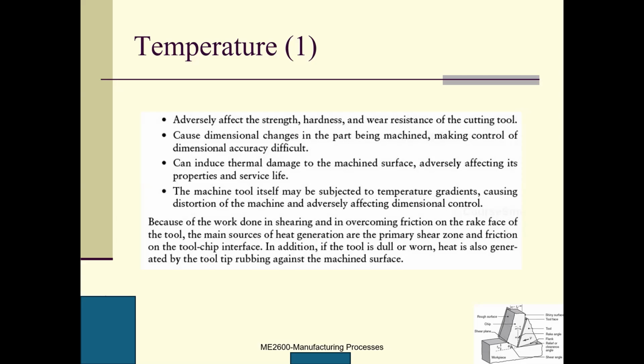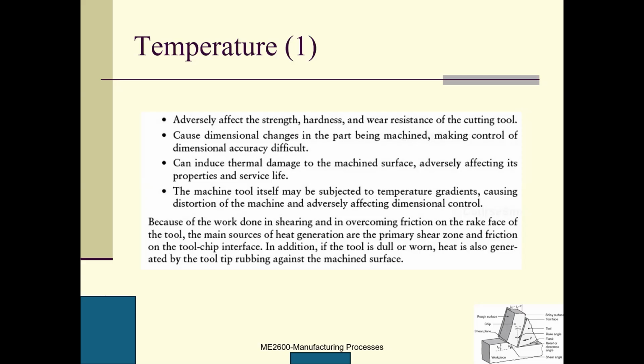Because of the work done in shearing in the shear zone, and in overcoming the friction on the rake face of the tool, the shear area is called the primary deformation zone, the primary cutting zone. The tool and chip interface is called the secondary cutting zone, the secondary shear zone. So the main sources of heat generation are the primary shear zone, along the shear plane,